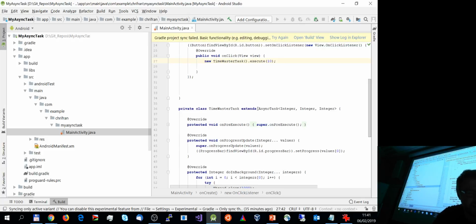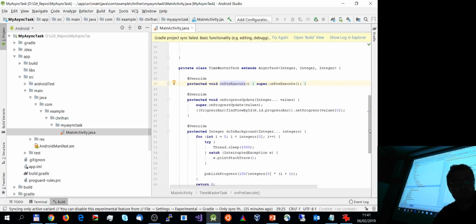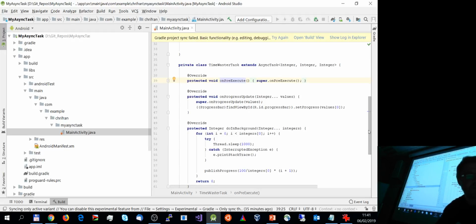It's an extension of the async task, which has an indication of the type of input, the type of output, and the type of progress. In this case, I don't really implement onPreExecute, so I just leave it because I don't want it to display anything. You could, for example, show a toast indicating, okay, now I'm doing something.